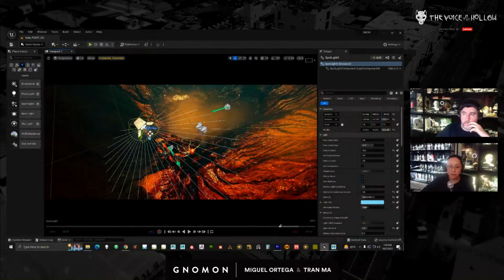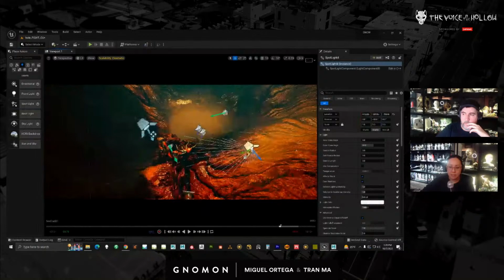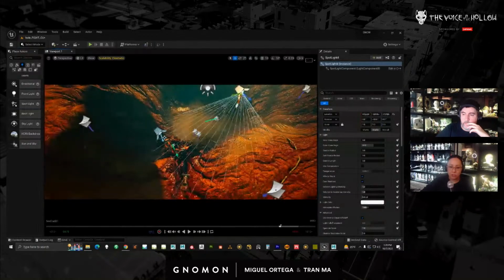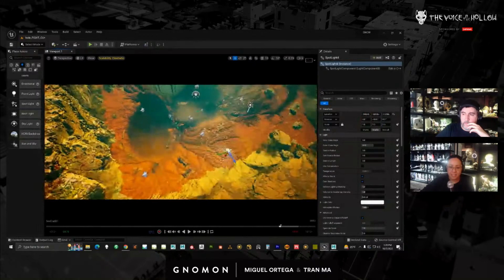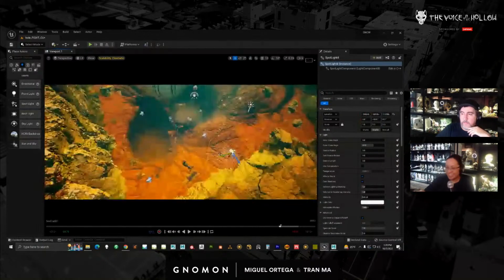And the spotlight by default, if you make one, say if I make one like this, the shadows it tends to cast are really sharp. Let's see if I can cast. I don't think I can cast shadow in this scene.